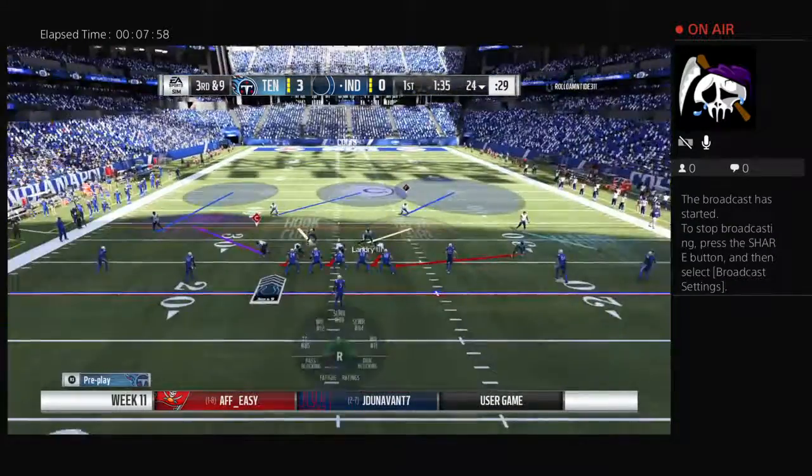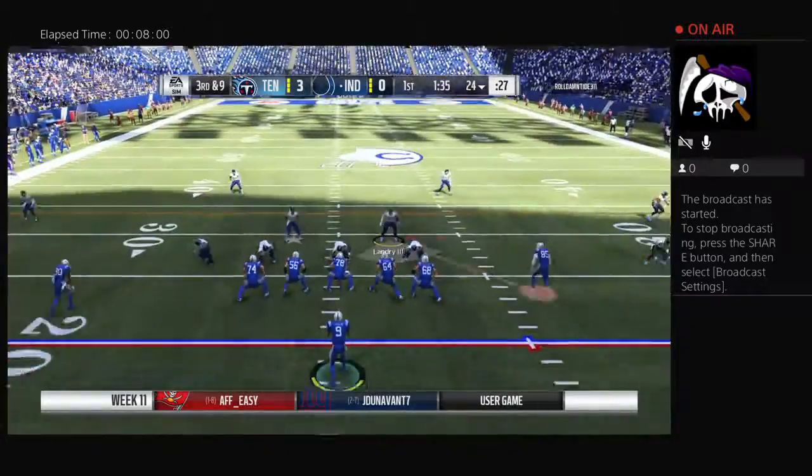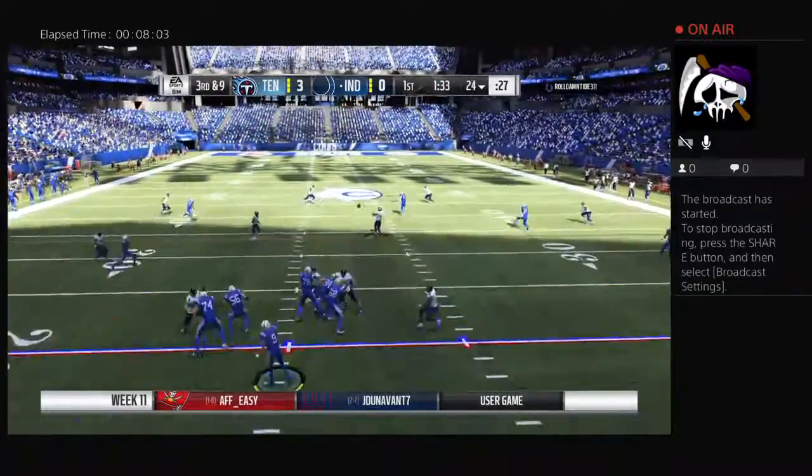We had an expression when I played. It was called break on it. Every time the quarterback puts the ball in the air, break on the football. Don't make...